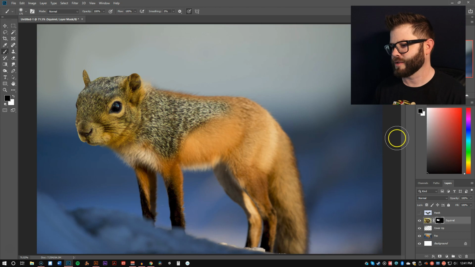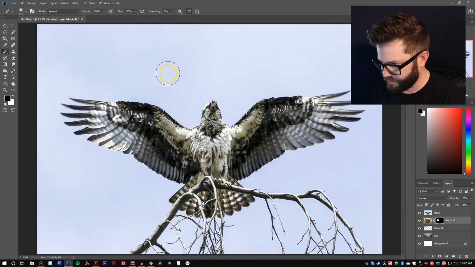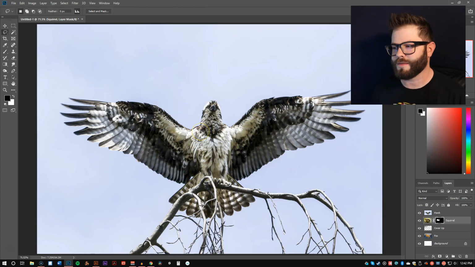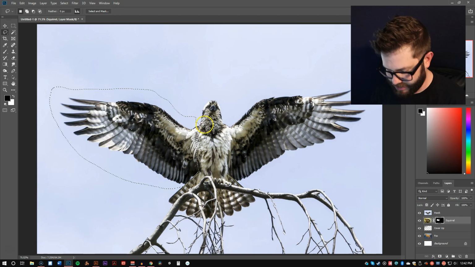All right, so right now we have a squirrely looking fox. Now let's go to our last piece, and instead of taking the head or the body or any of that stuff, I'm gonna give you one guess as to what I want from the bird. It's the wing. I want the wings. I'm just gonna lasso a general selection down here. And the nice thing about this picture, just like the fox,